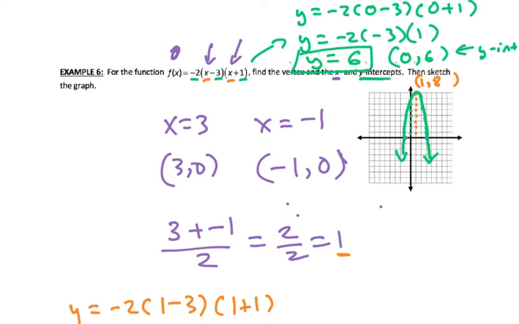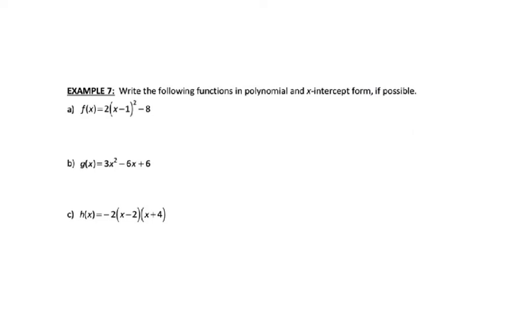And let's move on. Okay, so the next one is example 7. In 7, it says write the following functions in polynomial and x-intercept form if possible. Polynomial form is when it's written all out. So we'll start with the first one, which is